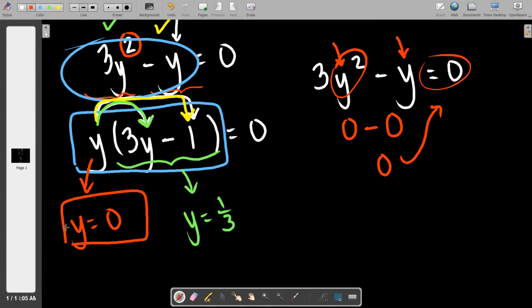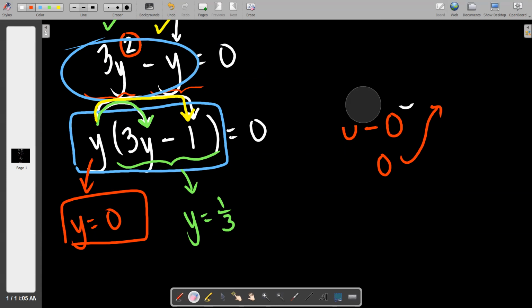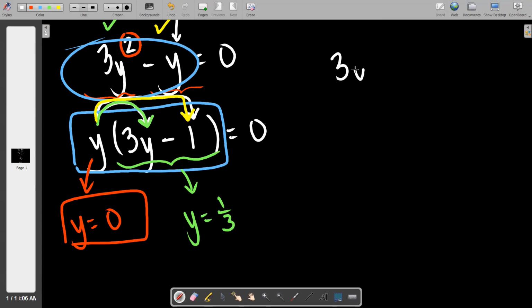Okay, let's go check 1/3. And this is way harder for me to answer your question this time, for the record. But you're going to need to ride along with me. We got to do some basic skills stuff here. So here's the original problem again. So if I take the green number, 1/3, and I put it right there,